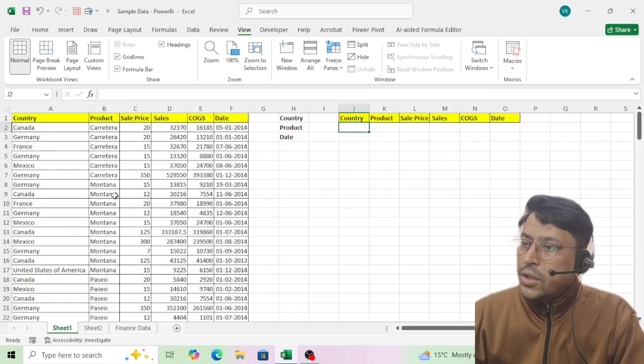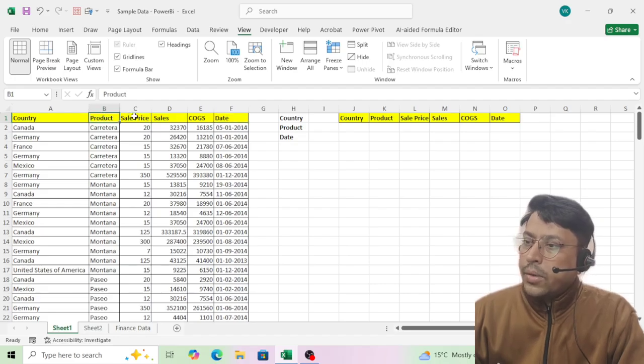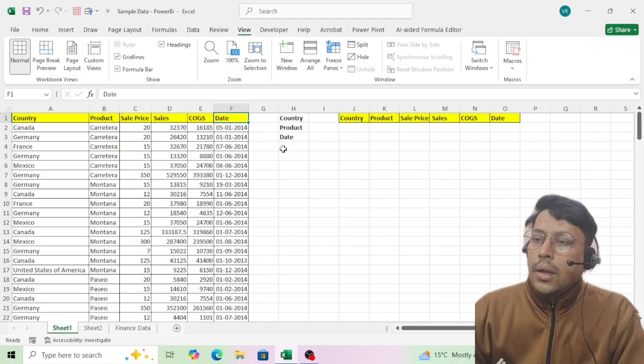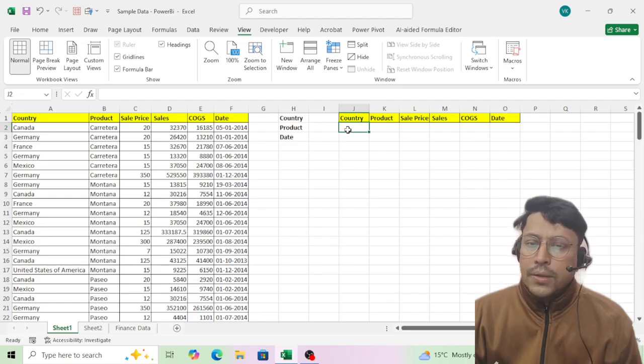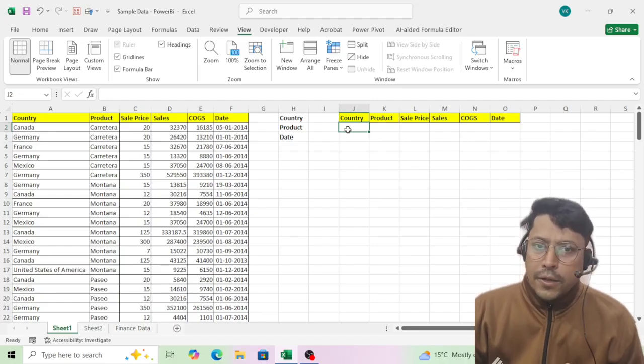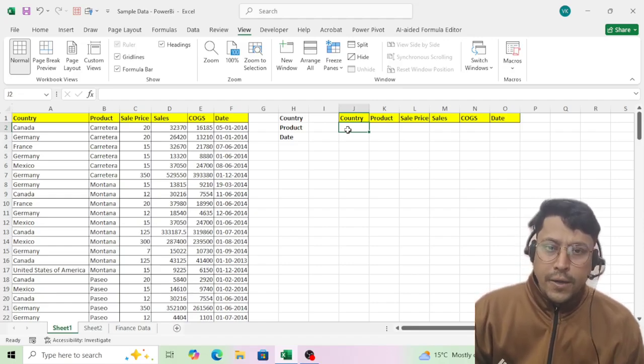You can see in Sheet 1, this is data from A to F: country column, product column, sales price, sales, cost of goods sold, and date. We have to understand what the filter function does. In the filter function you have to give a requirement.